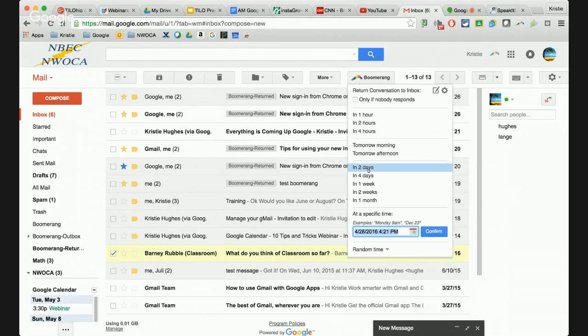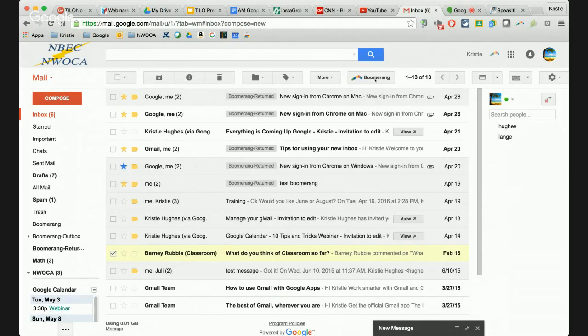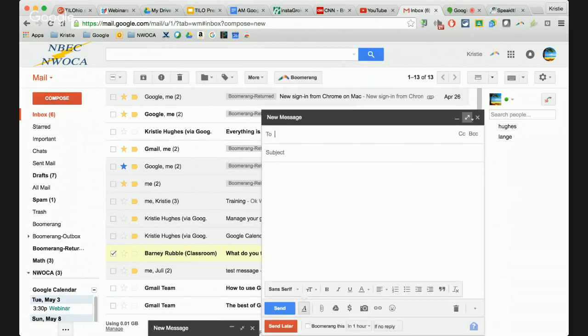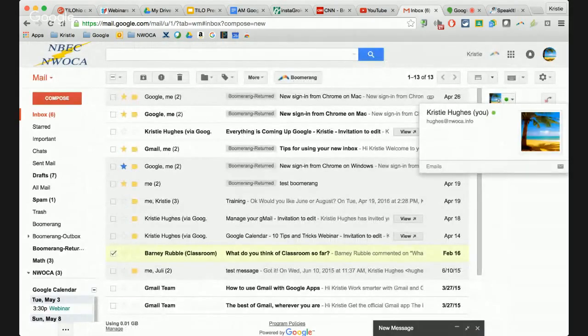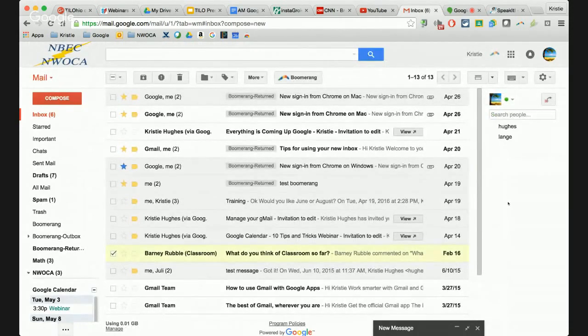So then I can go ahead and respond appropriately to that message. So the nice thing about Boomerang, it does all those three things. Those are considered the free features of Boomerang. Boomerang does a lot more than that if you do get a subscription for it, which does lots of cool things. But just using the free version, which is what I have, it will allow me to do all those different things. And I really like all the features that it does, sending later and so forth, and then being able to boomerang it out and have it come back in as well.